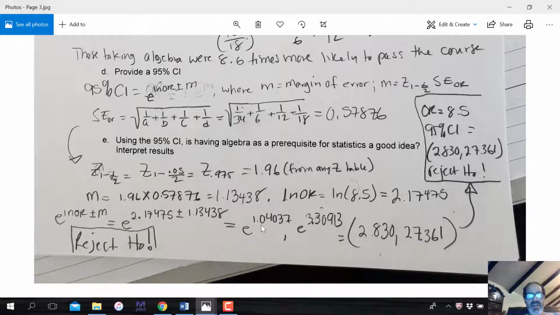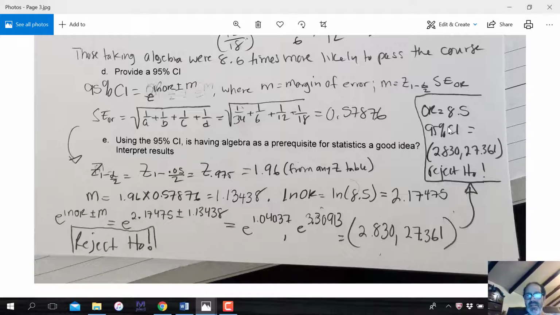At the lower end, we get e raised to 1.0437. At the upper level, we get e raised to 3.30913, and this is what we get. Again, it's e raised to this value, so we have to use your calculator. You have to convert this back to its non-exponential form. So we got 2.830 and